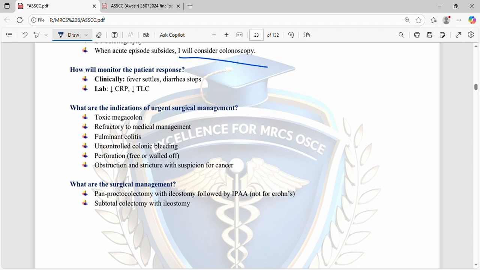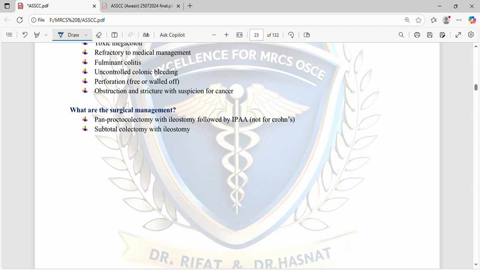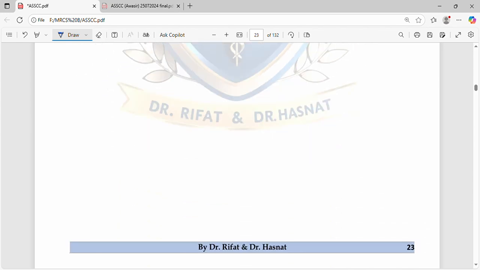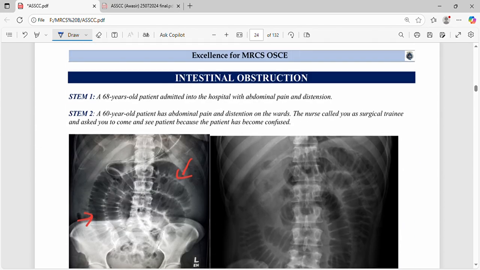Since Crohn disease can involve any part of the gut, but most commonly it occurs in the terminal ileum. And in UC, usually we know that colon and rectum are involved. So for colon and UC, you can do ileoanal anastomosis safely. But for chronic Crohn disease, you cannot take a risk because it can also occur in the residual gut as well. Subtotal colectomy with ileostomy. So this was the